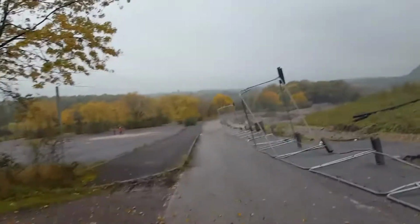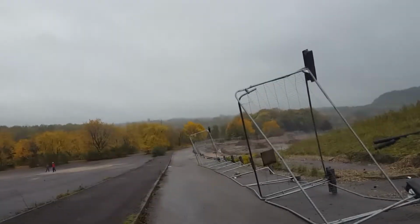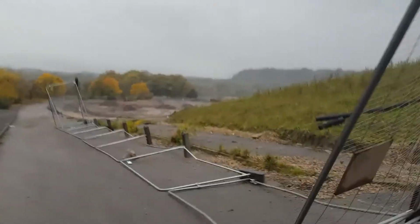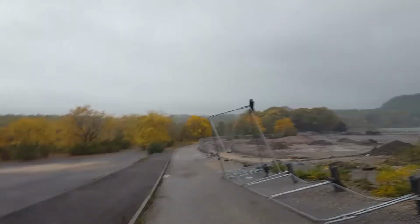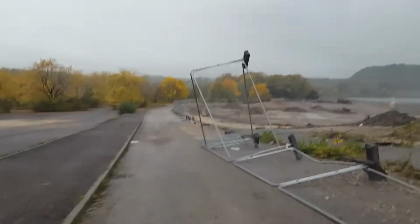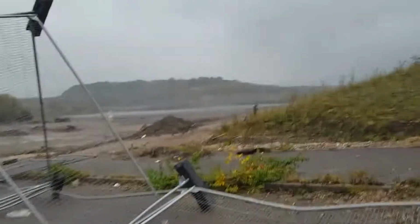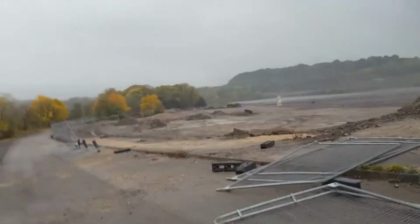Because I thought this was a pond, a lake, but it evidently is not. It is just a building site. That might be a lake over there. Yeah, you see there's a lake over there. However, this ain't a lake. This was the American Adventure. How? Someone must have done that, seriously. Ah, dear me. Okay. Is that a way people can go? Or is that like part of the...